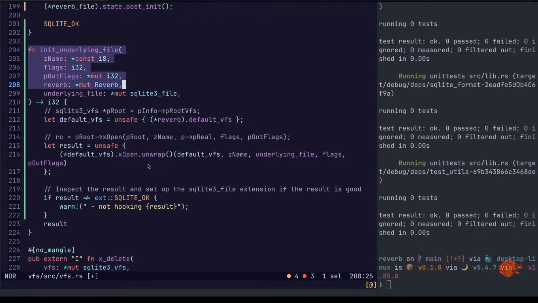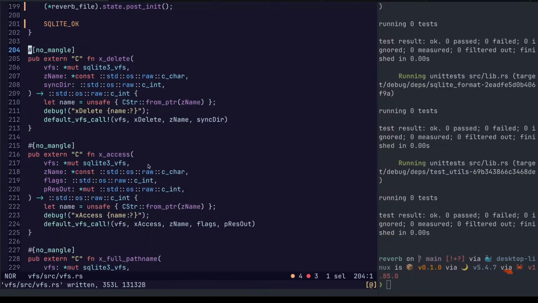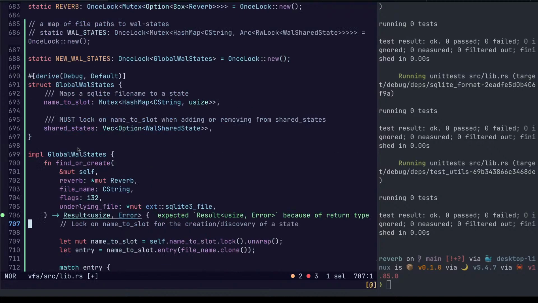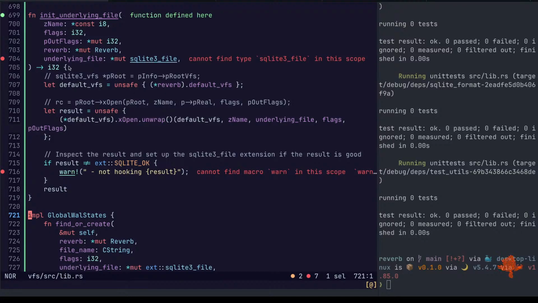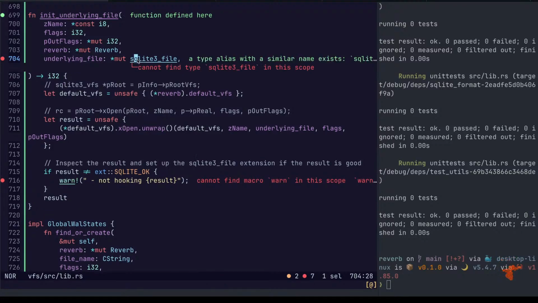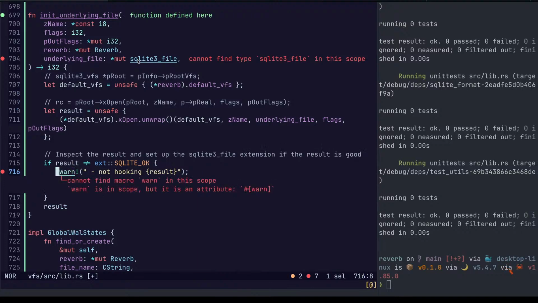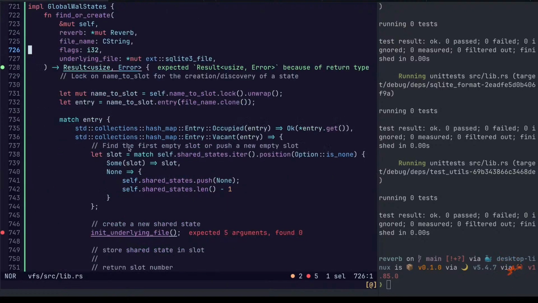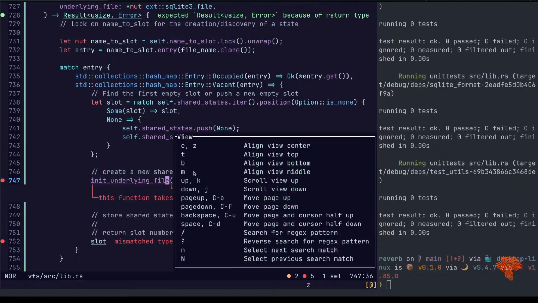We're calling open. Let's go ahead and move this. This whole thing needs to be reorganized. So, cannot find that. Import it. Okay. Five args.